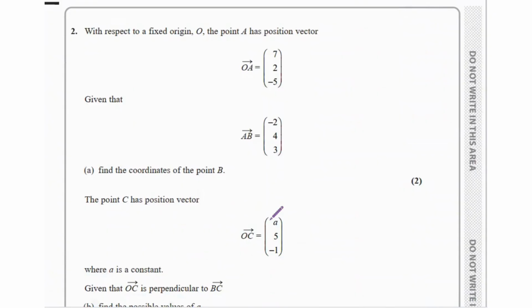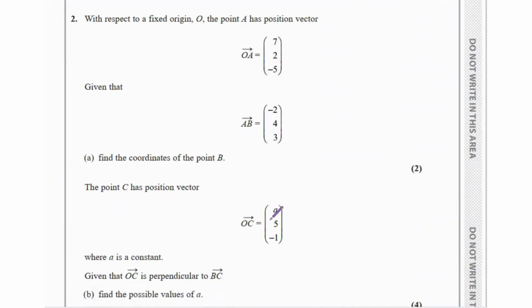Then it says with respect to fixed origin O, the point A has a position vector OA, which is 7, 2, negative 5. Given that AB is negative 2, 4, and 3, we have to find the coordinates of the point B. So to find the coordinates of point B,